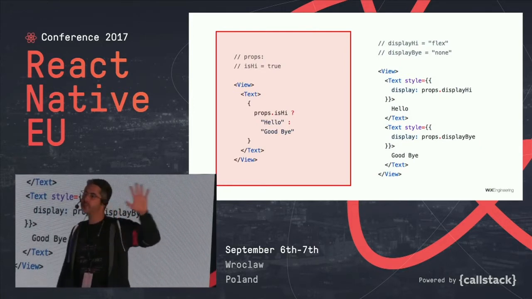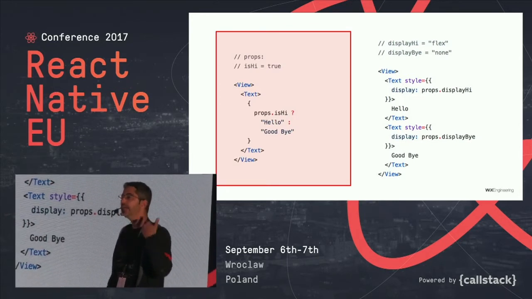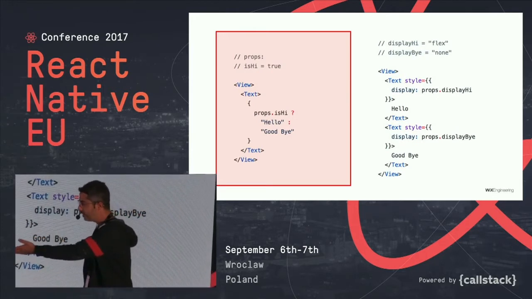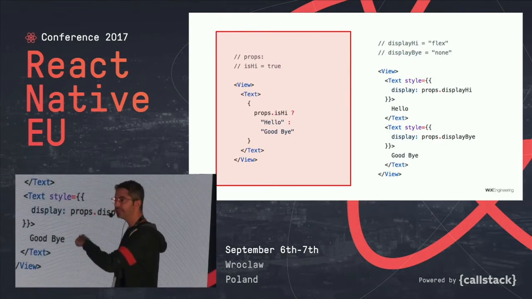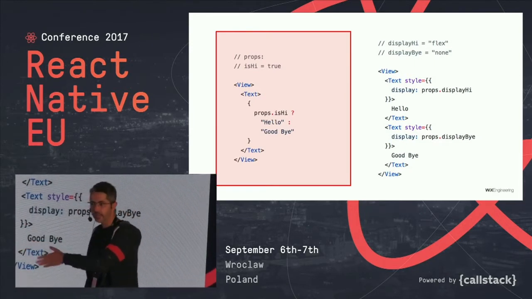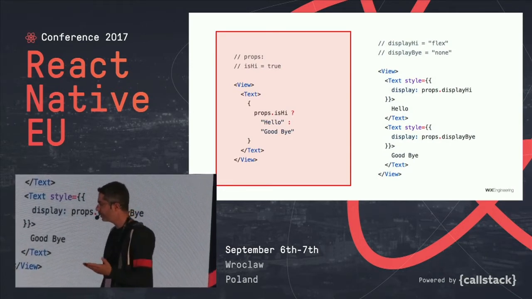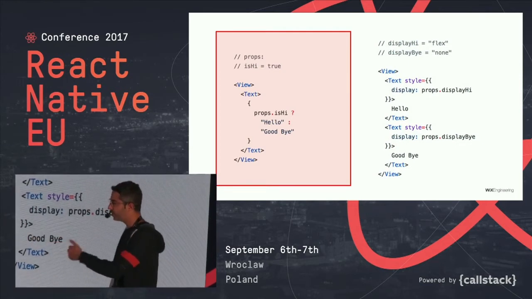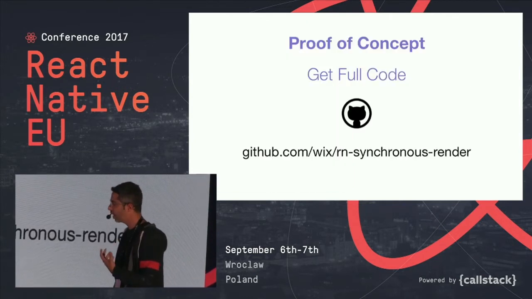The part of my code that creates all the rows for the list view and handles the data will create this transformation for me when I create the data set. And then our component is simple. It just has the two different text components, and we just pass the props directly to display. And React Native currently supports display none. It's a relatively new feature. It has been committed already. And you could say that if you want to display high, you just pass flex to the first one and none to the second one, and the second one will disappear. And this is completely declarative. There is no business logic here, and this works under our requirements.